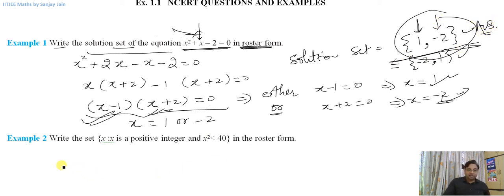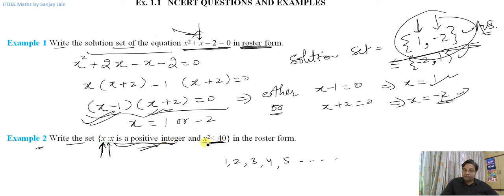Okay, so let us look at the next example. Write the set of all values of x such that x is a positive integer. So what are positive integers? This basic knowledge of numbers, basic mathematics, should be there. When you say positive integer, you mean 1, 2, 3, 4, 5 and so on. These are positive integers. Now I need to write all values of x such that it is a positive integer